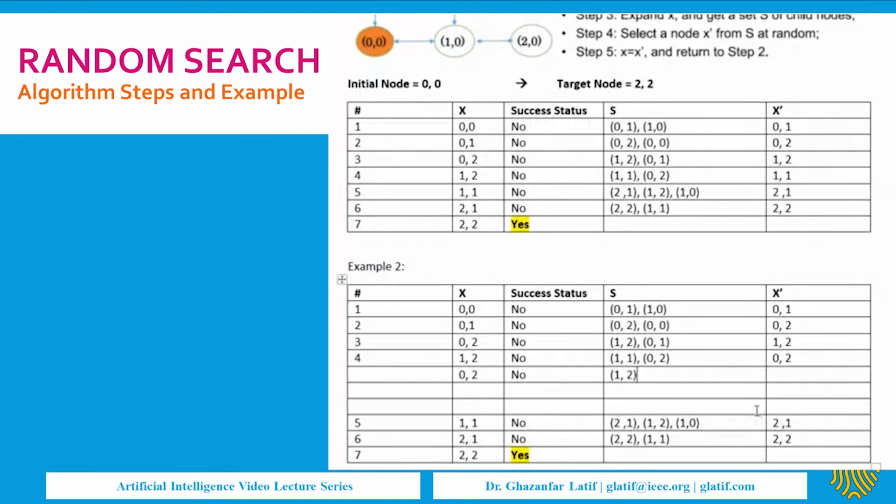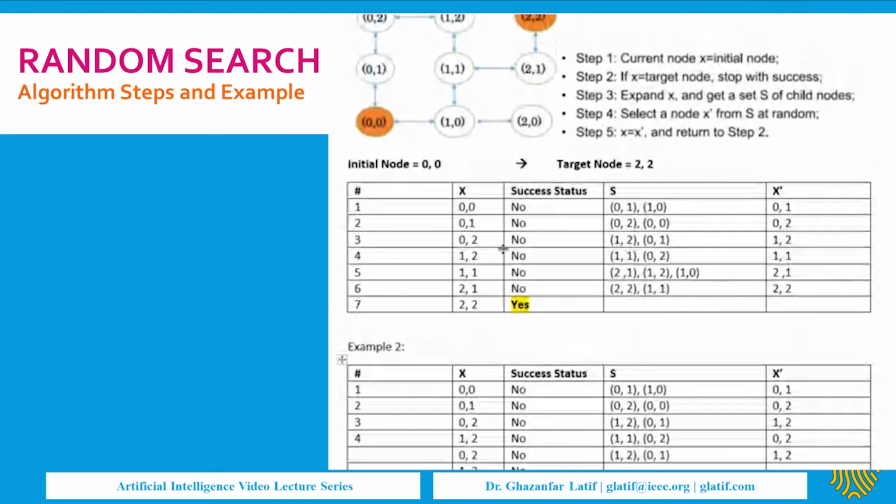This time again I will select any node. Let's suppose I selected 1, 2, and actually we had redundancy because we are repeating some of the nodes again. We are visiting some of the nodes again. So now I have 1, 2 as x. Is it a destination?